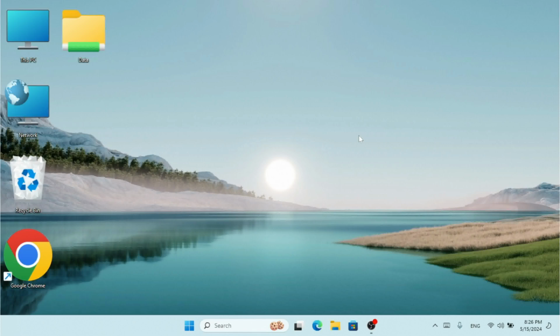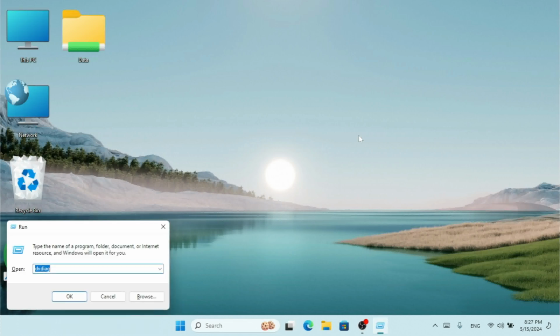So I'm going to run an old command that you can run with any kind of Windows operating system. Here I'm going to hold the Windows key and R. Make sure when you buy a laptop that Windows is already installed so you can run this command. If it's not installed, how are you going to run this command on a Windows PC? So we're going to use this